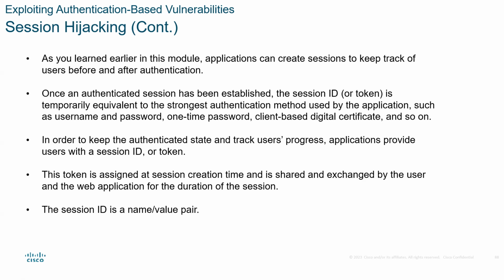So things like username and password, or digital certificates based on the client, are kept. In order to keep the authenticated state and track users' progress, applications provide users with the session ID. This token is assigned at session creation time